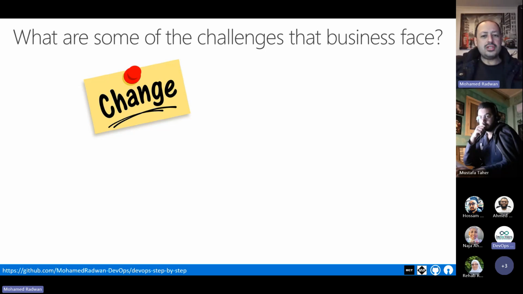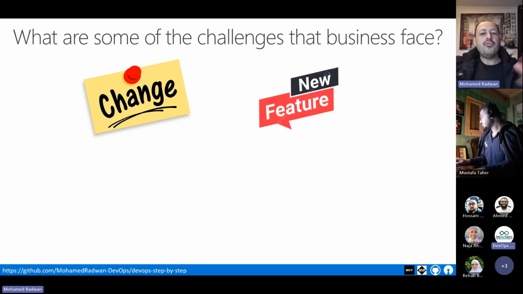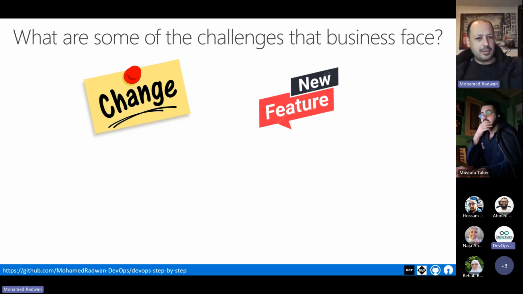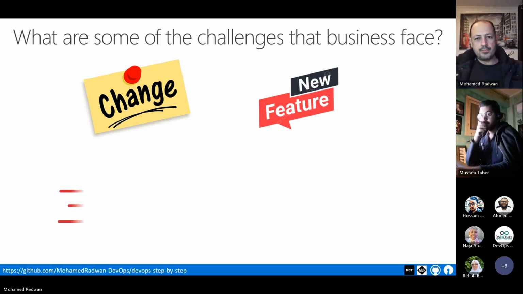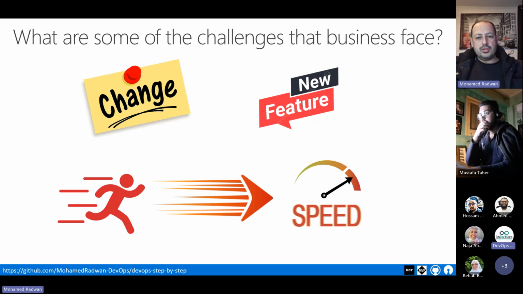And with all this change, there are also new features. While the business changes because of the customers, the suppliers, the methods, we also need to create new features. So all the time we need to change, and all the time we need new features. And this is not the only challenge: we need this very fast.